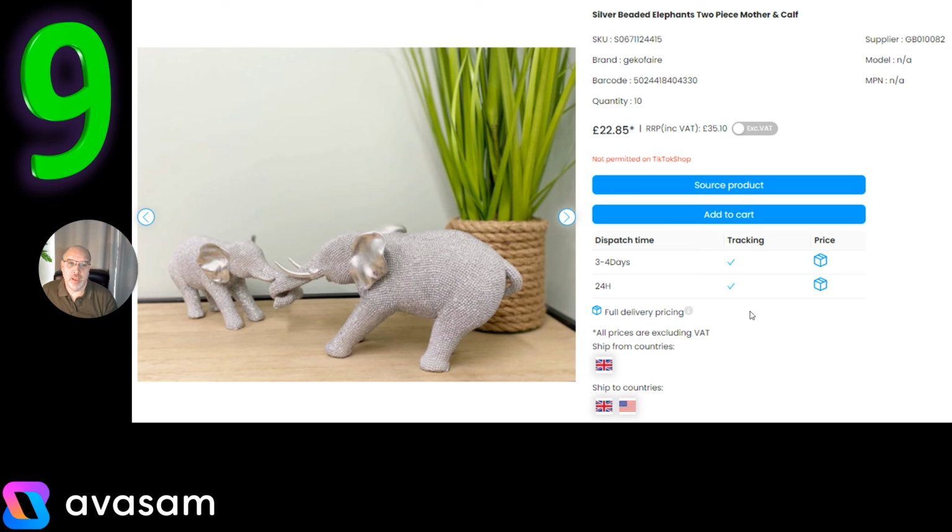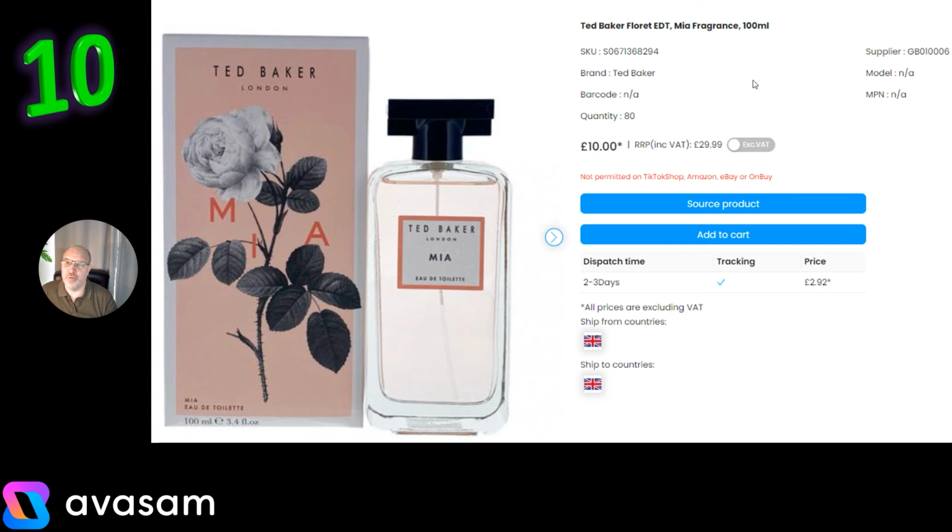I referenced a supplier over in India, but this supplier in the UK, we were looking at whether they could ship to the US. They can't, unfortunately, so we're going to be removing that. So it's UK to UK still for supplier 82, and it's £22.85 and variable postage depending on the weight of the order. Another product for Mother's Day, and our final product today from supplier 6 again is Ted Baker Fleuret,